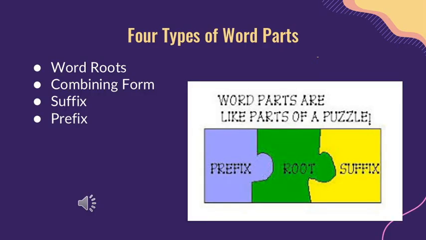Okay, let's break this down. So peep this. Medical terms aren't just random letters mashed together. Our source breaks it down. They're built from 4 main types of word parts. Word roots, combining forms, suffixes, and prefixes. Okay, 4 parts. Yep. And today's play is to be able to sort words into these categories